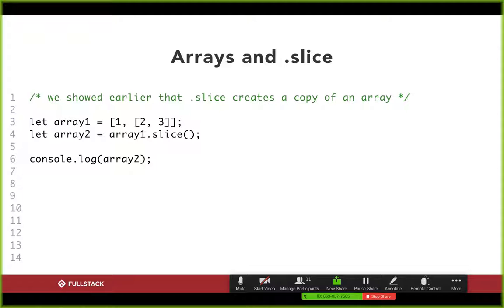What dot slice does is it goes through every element in the array. If the element is a number, it will make a copy of it and create a new array that stores that copy of that number, of that primitive. Okay, if the value is a primitive, then it will make a copy of that primitive value and store the copy. However, if the value is a complex value, like here when we do array 1 dot slice,